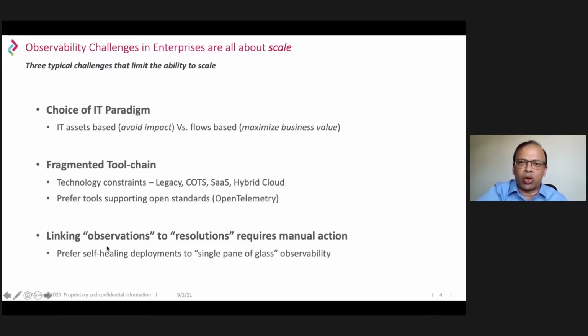The second part is, if we say that transactions are important, we want to trace the transaction. We will monitor the transaction. We will go wherever the transaction goes and observe or potentially detect if there is going to be an incident and try to recover. That's not easy. That's a lot more difficult in enterprises which are running hundreds of applications, and some of these applications were built over 10, 15, 30 years ago.